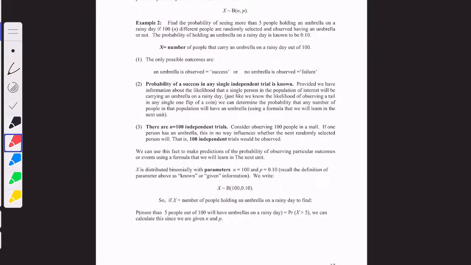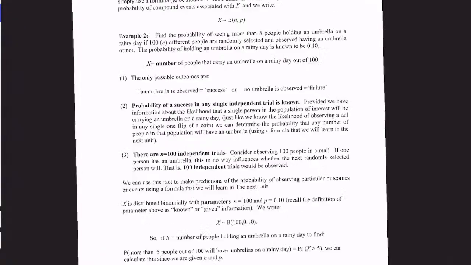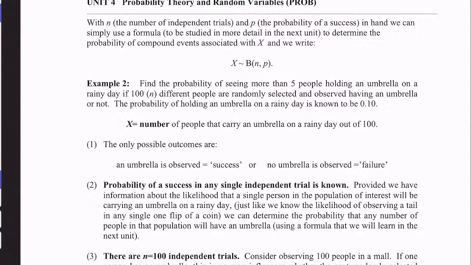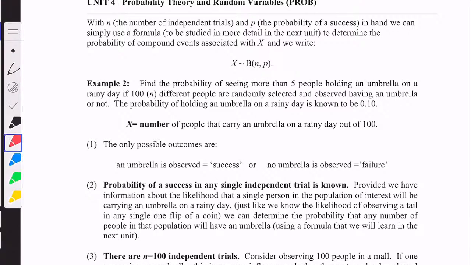So just an example here. With N, the number of independent trials, and P, the probability of success, we can simply use a formula to determine the probability of events associated with X. We would write X is binomially distributed. So this means, remember, distributed as